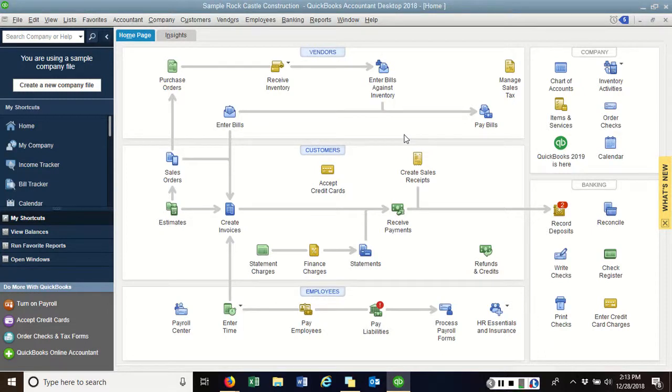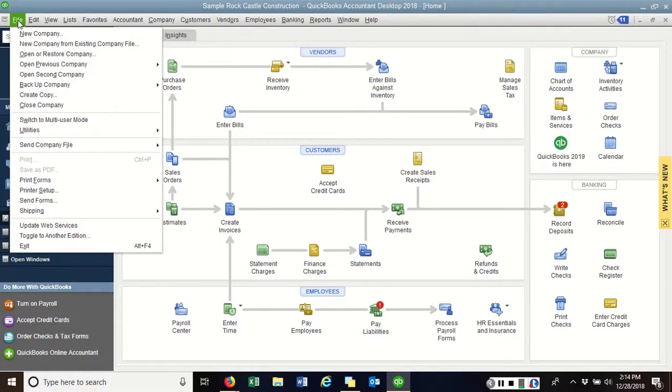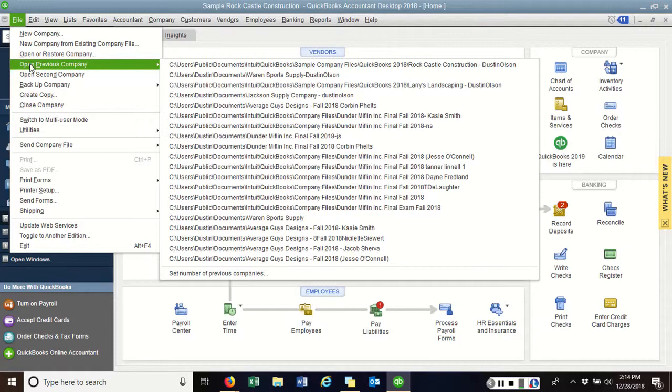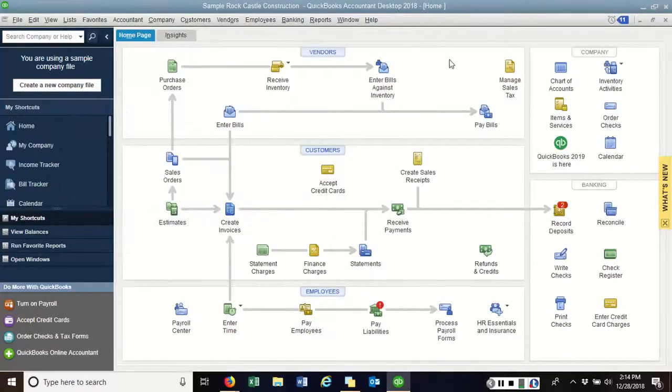So if you skip ahead to page 6, page 7, we can see our home page. If you're ever not sure which company you're in, you can look at the very top here. You see at the top of my screen it says Sample Rock Castle Construction. So that'll tell you what company you are in. Or when I click this Open Previous Company, like we had just done to move around, you see the one listed at the very top is the one I'm currently in, is Rock Castle Construction. So we got a couple different ways there just in case you're not sure which company that you have open,